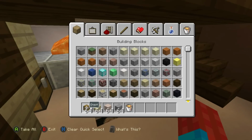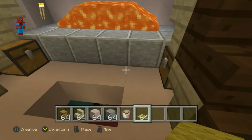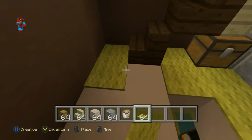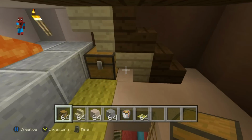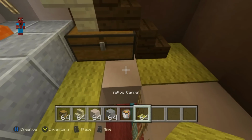And we can still access these chests, and if we want to, we can also lay some carpet. I might lay yellow, because I like yellow, and obviously sticking with the theme of lava, maybe we'll add some there, and we can even make these chests a bit bigger, can't we? Can we? Oh, there we go. Okay, so we still have our storage space, we still have our chests, and we can now have a little